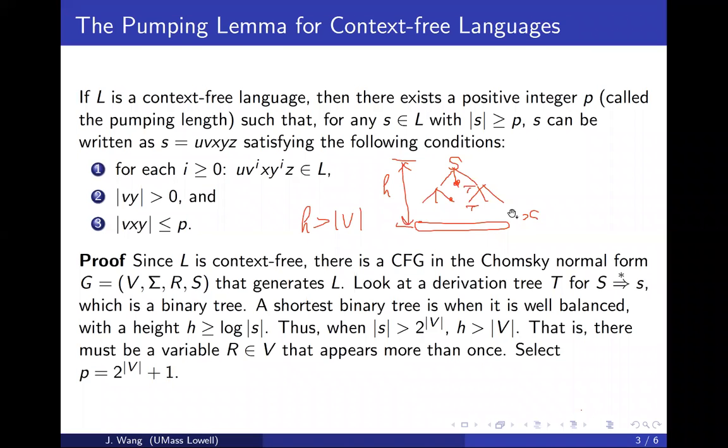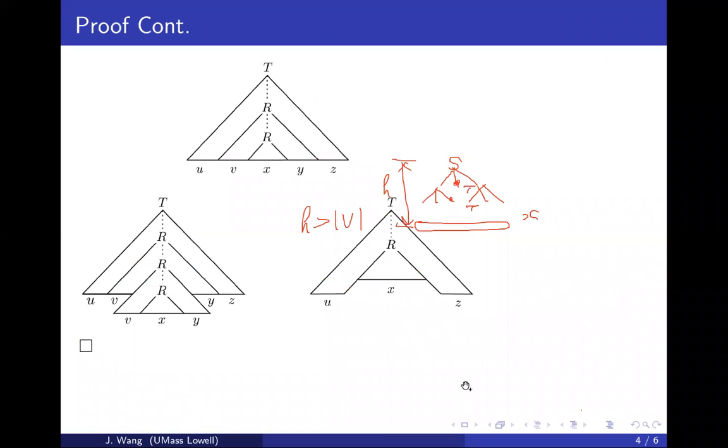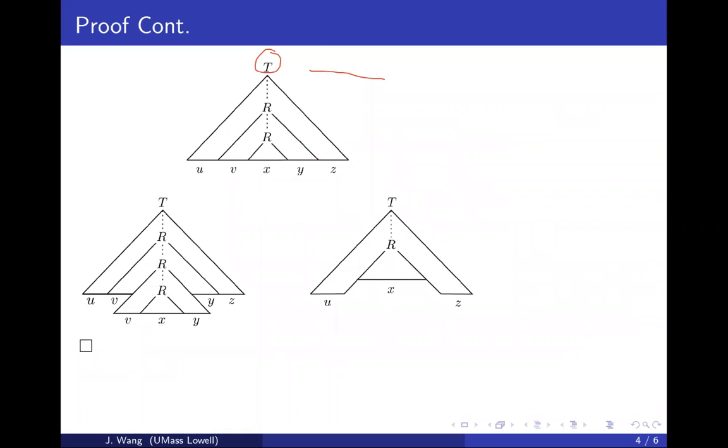Right, so now let's move on to the next. Let's first see a picture first. Okay, so as long as your height is big enough, let's say we start from a variable T. And if this height is big enough, then there will be at least one variable that appears more than